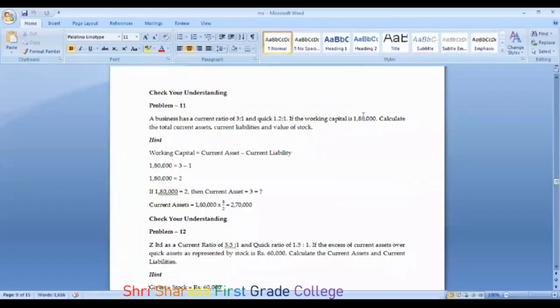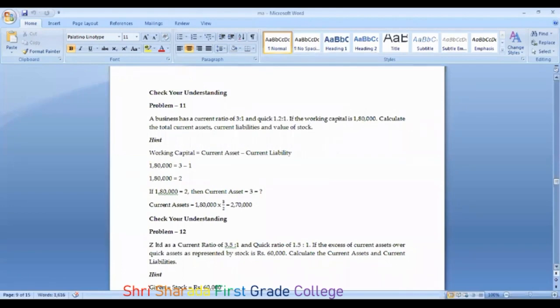Hello all. In the previous class, we discussed ascertaining the ratios, which dealt with only the current asset ratio, quick assets, and as well as the asset test ratio. So today we will discuss the turnover ratios or the activity ratios, and also the debt equity ratio. Along with that, we will learn about the proprietary ratio.